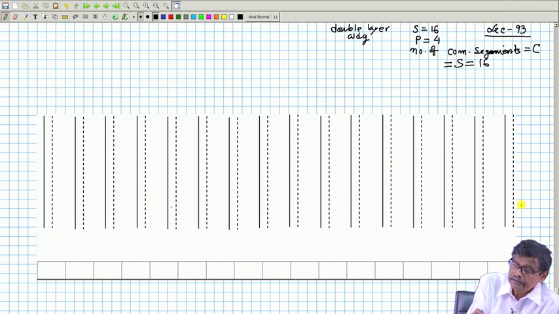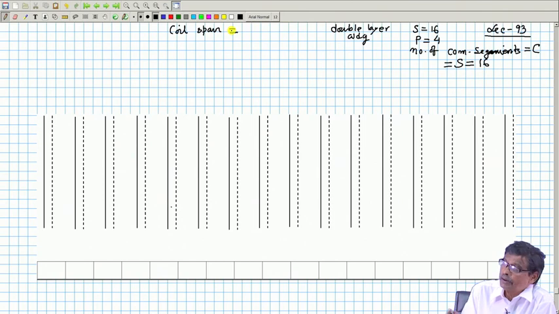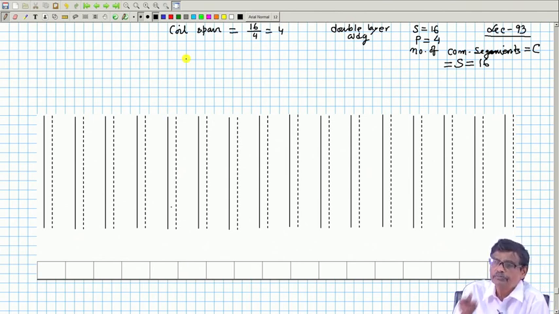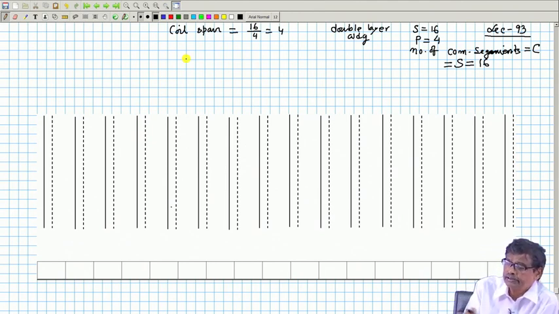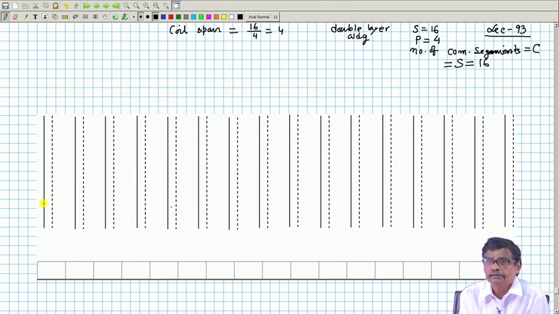The coil span should be the number of slots per pole always. So for full pitched coil, 16 by 4 is equal to 4. We are just revisiting some of the things we have discussed earlier, so that we can also discuss wave winding fruitfully. Each coil at the end will have two terminals,